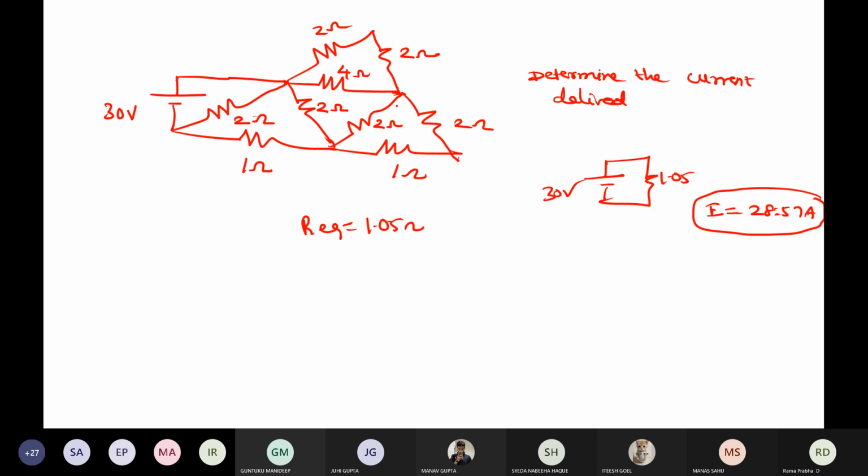So listen students, what I want to say here is, you have to start from the other end. These two are connected in series. This is in parallel with this. Then these two are in series. This is in parallel with this. Then these two combinations will be in series. Then that is in parallel with this. Then that combination in series, which is 1 ohm, is in parallel with this. Step by step you have to take the series and parallel combinations, then come to the conclusion. Is it okay, students? So that's how we got 1.05.